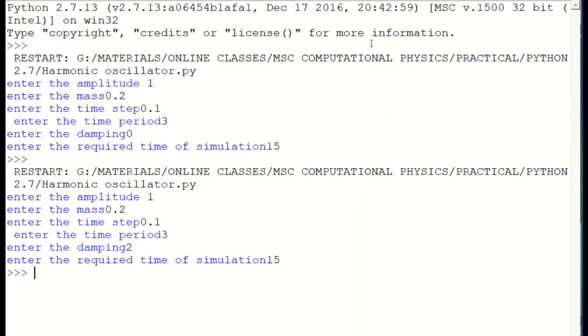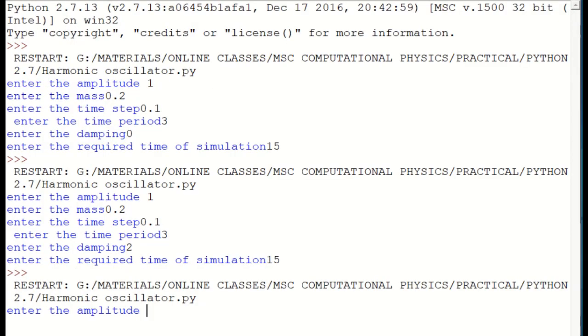So we'll try with another set of values. Under the amplitude, say some 0.05, let a 5 centimeter oscillate. Mass of the body, a 0.005, that means small mass. Enter the time step.